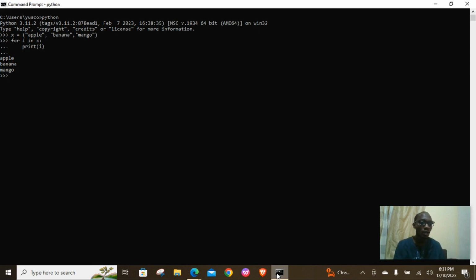Then we can also use range and length. How can we use range? For i in range, that's the way we do in list. In range, length of x. What's the length of x? 3. So that will be in range 3. That's the meaning. So in range length of x,